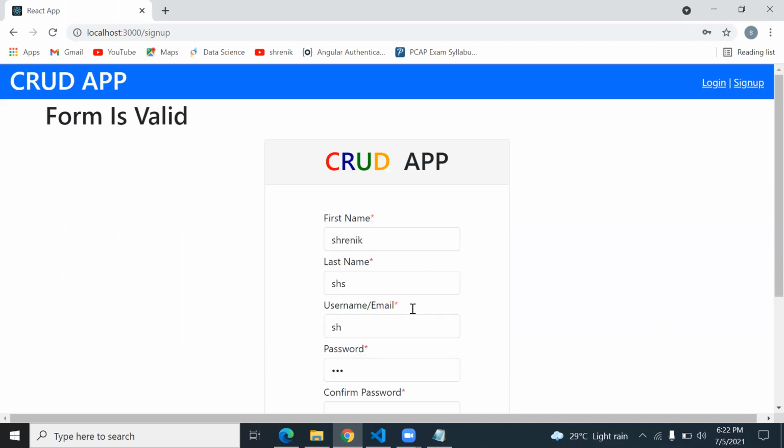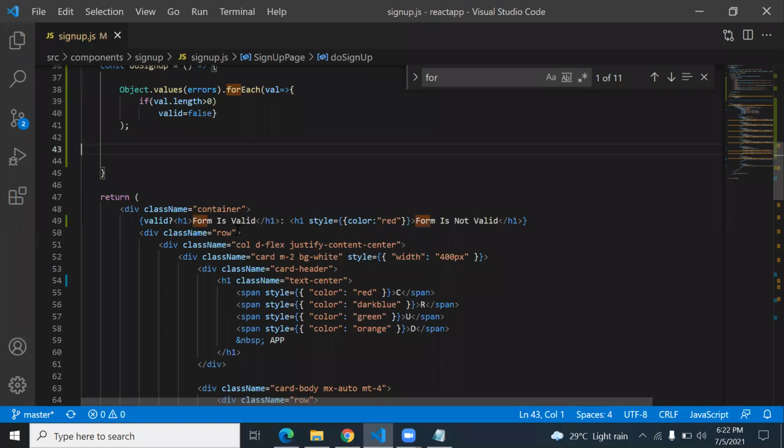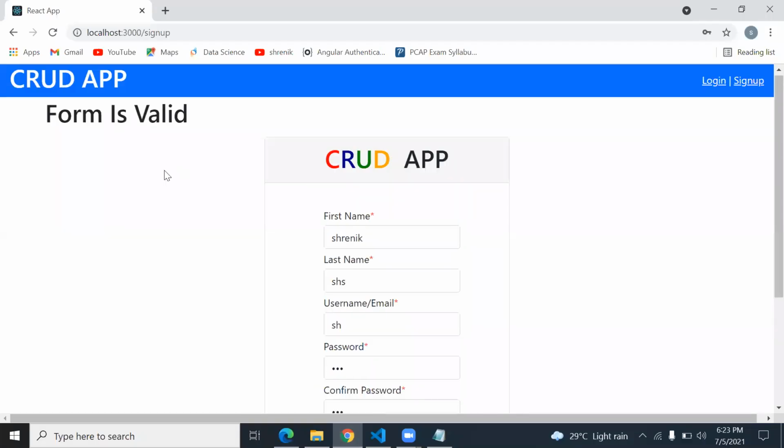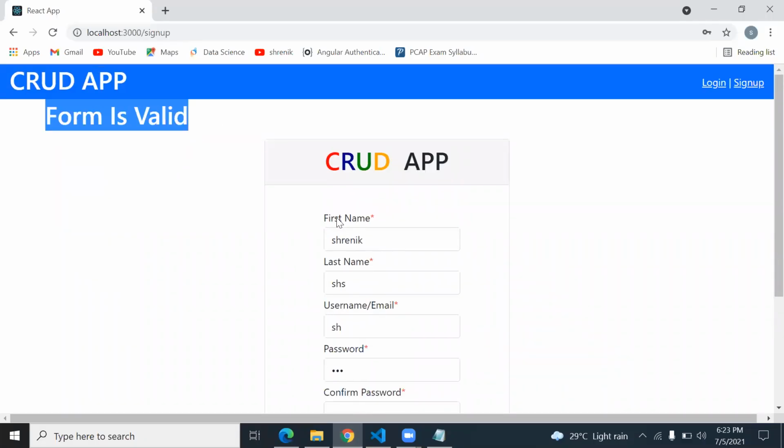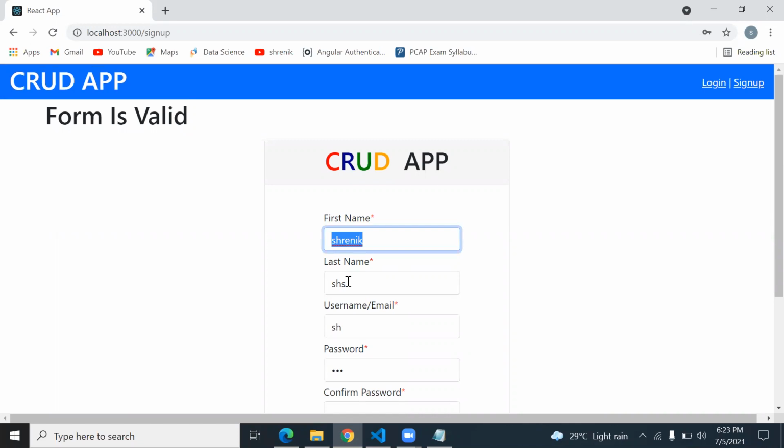Okay, so after submit also the component must be refreshed. So validation we will complete in the next part of the project, because we don't have any design right now and I don't want to see the result as the H1 tag. So if the first name is not valid, I want to only highlight the text box which is wrong.